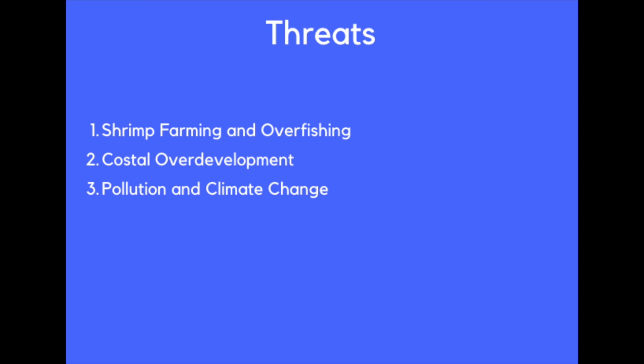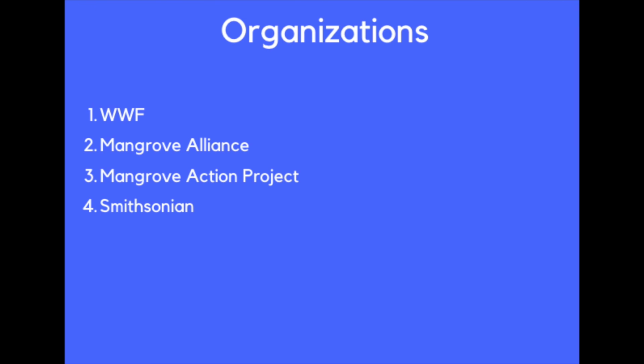As for climate change specifically, with rising and constantly changing sea levels, mangroves will have a hard time keeping up since their roots are all in the water. If these issues are not dealt with, the ecosystem will be in grave danger. Four examples of organizations that are helping to save mangroves are the WWF, the Mangrove Alliance, the Mangrove Action Project,